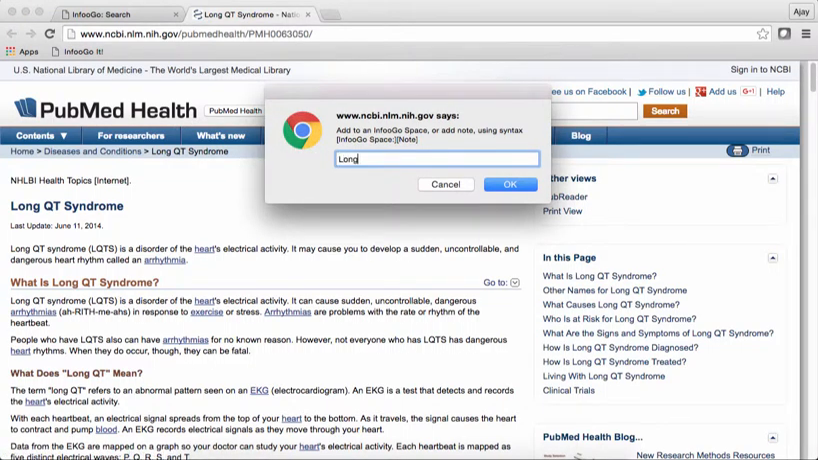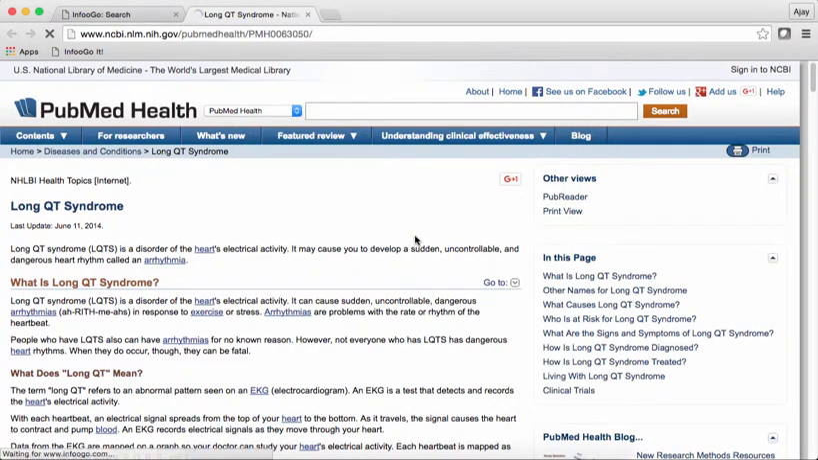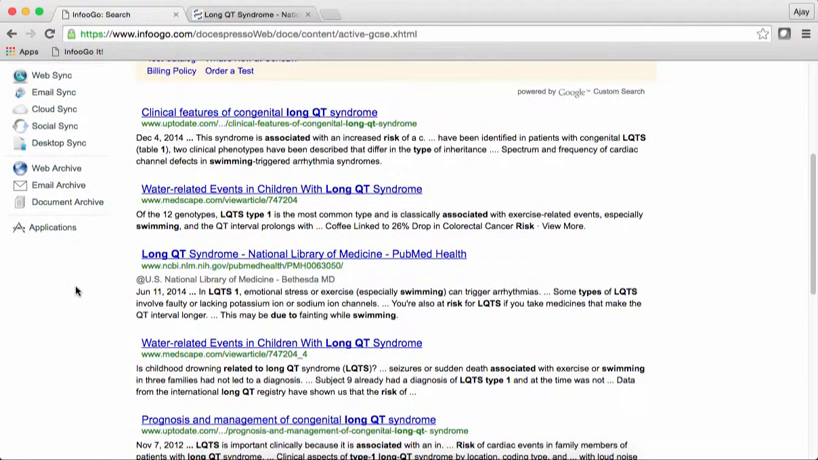So here we say we want to capture that into long QT space, and then we can add a note related to swimming risks of long QT. Now we don't have to add any such note. These notes are not essential for our ability to use or search documents, but this is some extra knowledge annotation we are doing. So we capture that document, and now we can see inside InofooGo, we can first check whether